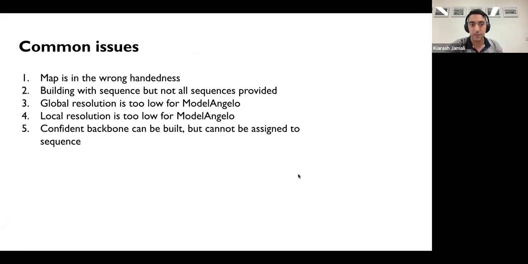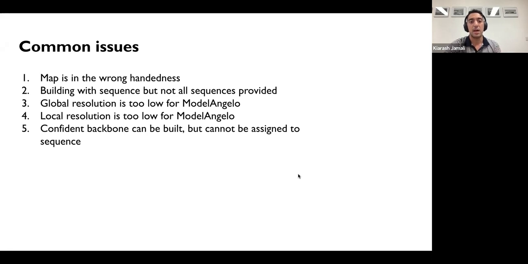And so, some common issues. One really big one, especially if you think your map is very good and the result just looks horrible, is that the map is probably in the wrong hand. So the first thing to try is just flip the hand of the map and try again. If the result gets better, that was probably why. Another way to diagnose this is to look, in Chimera for example, at the confidence values Model predicts. There should be some high confidence chains predicted. If there are no high confidence chains predicted, it's probably in the wrong hand. So that is the main, most common issue we have.